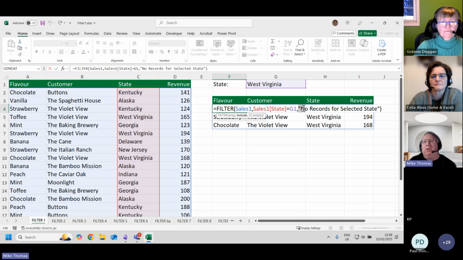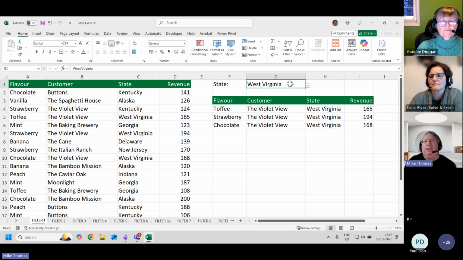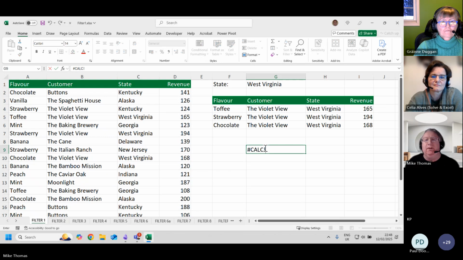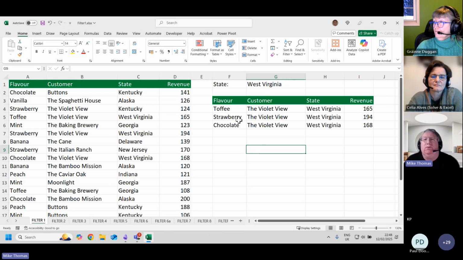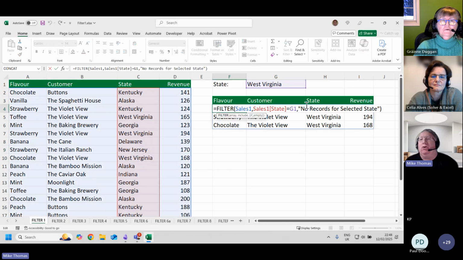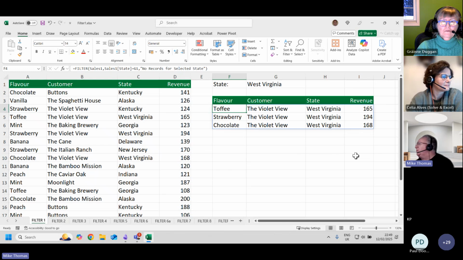The third argument is actually optional, and that is used if there are no records returned. So let's say I hadn't put a drop-down list in and I typed in there and it actually brought nothing back, what you get by default is #CALC. #CALC looks a little bit ugly, a little bit scary to someone who's not so familiar with Excel. So as an option, you've got this third optional argument where you can specify what you want it to say instead. So that's the basic principle of